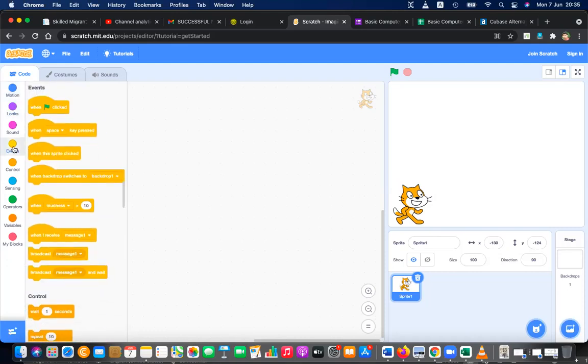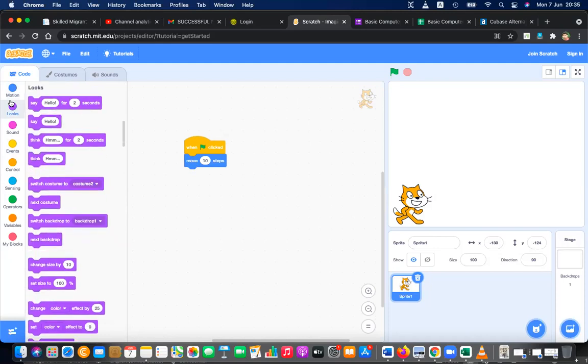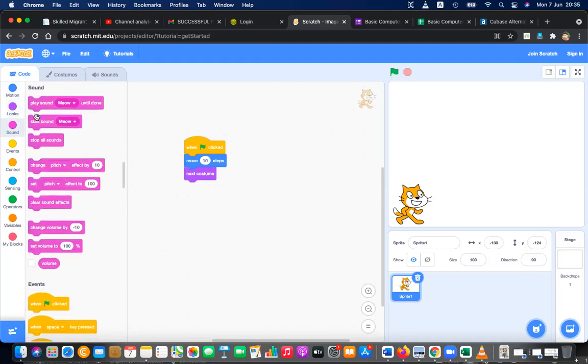I'll go to events, select flag, when flag clicked. I'll go to motion and tell it to move 10 steps. When I click the flag, move 10 steps. Also go to looks and tell it to change the costume, go to the next costume. Go to sounds and tell it to meow also.